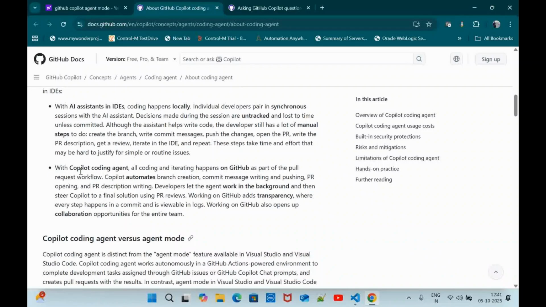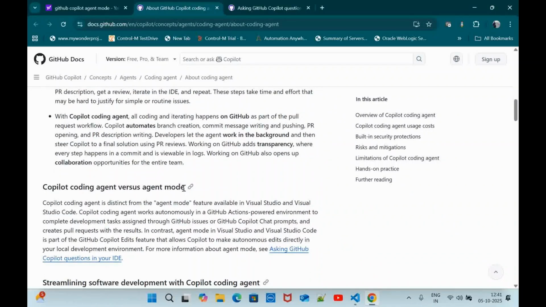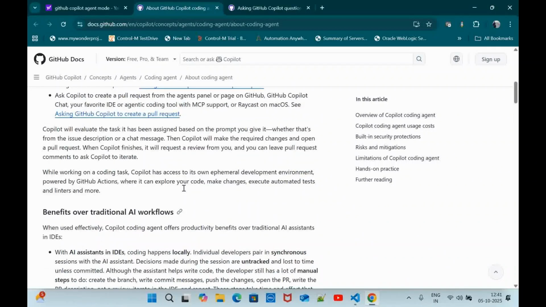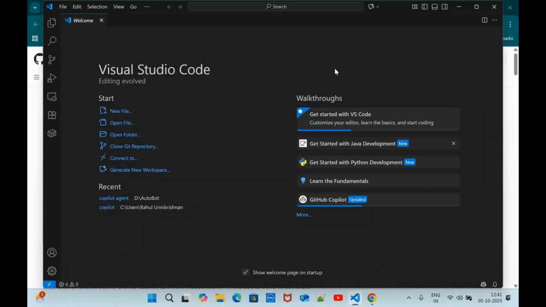Here we can see that with Copilot coding agent, all coding and iterating happens on GitHub as part of the pull request workflow. Copilot automates branch creation, commit messages, and different tasks. I'm not going into any of these features. I will just tell you the main difference between agent mode and ask mode. Directly going into my Visual Studio, I have already installed the plugins required